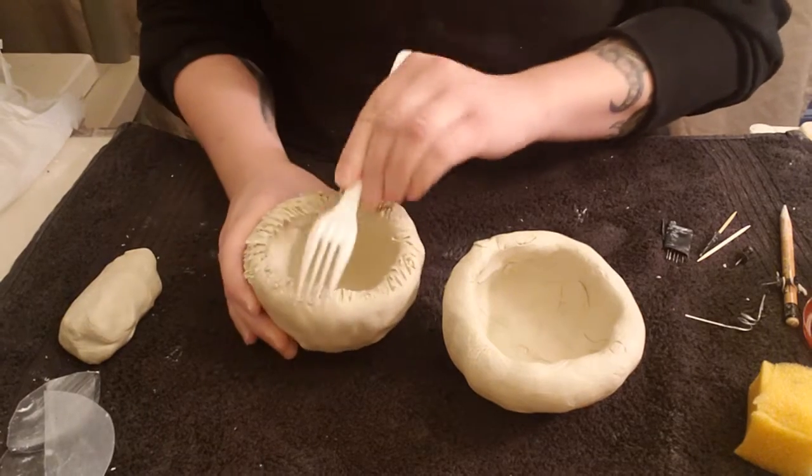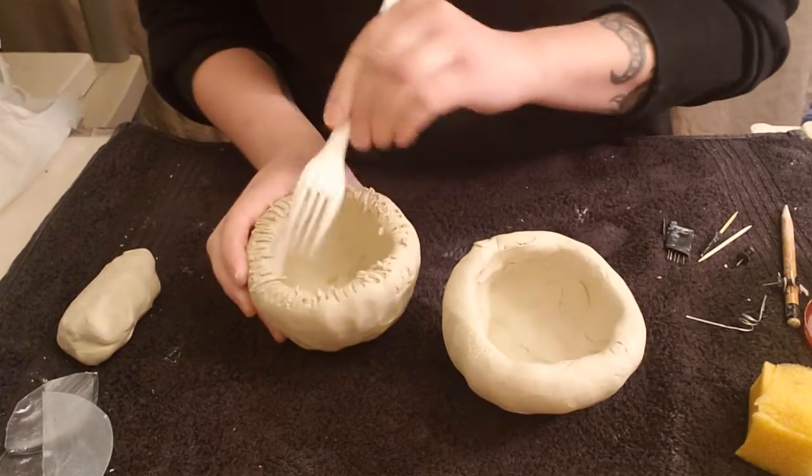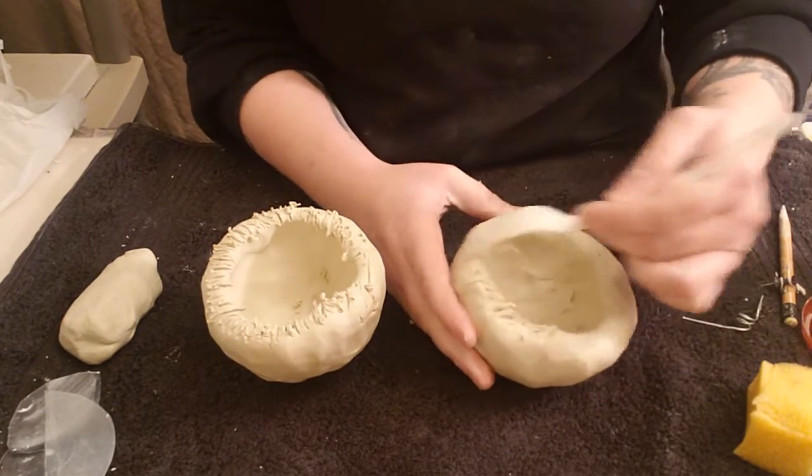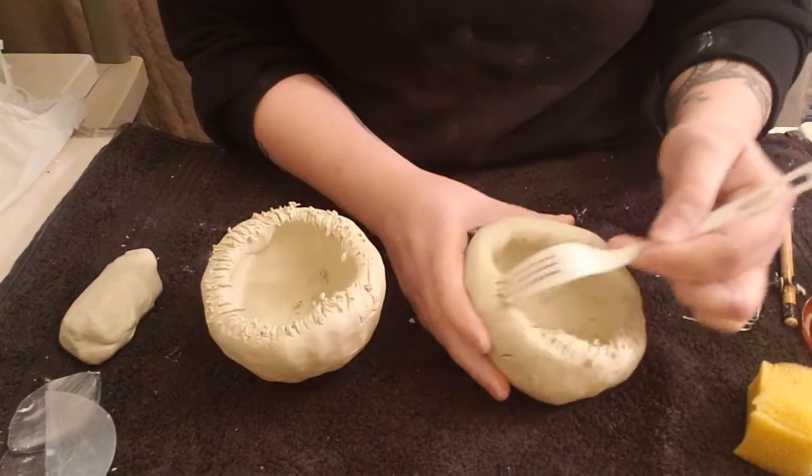It's not going to look super pretty to start, but that's okay. We've got plenty of time to smooth this out. I'm going to go over to the second one here now and do the same. And we're just roughing up those edges to create kind of like a